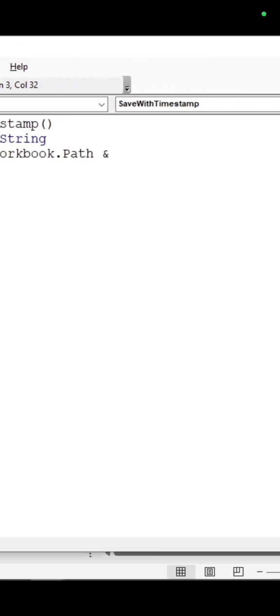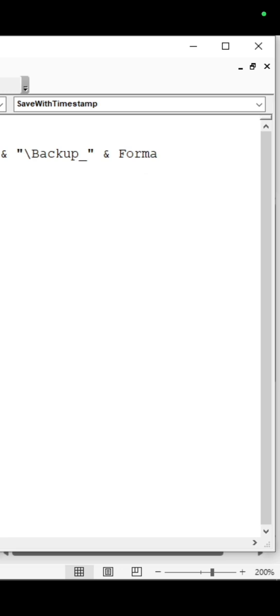ampersand, quotation mark, and then backslash backup file. This is a backup file, underscore, and then quotation mark,